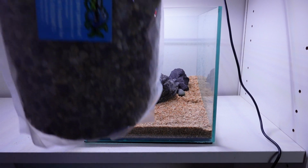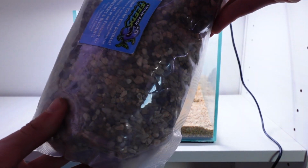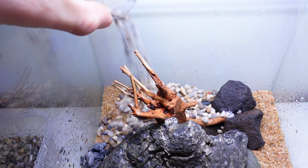For the back where we're going to be planting most of the stems, we're going to be adding a lot of this gravel just to pile up and get some height. Therefore we don't need really large plants to fill up the back of the tank. So we're just going to pile it up in the back here. That's kind of why we created that border too, another reason, just so we don't get that gravel spilling in